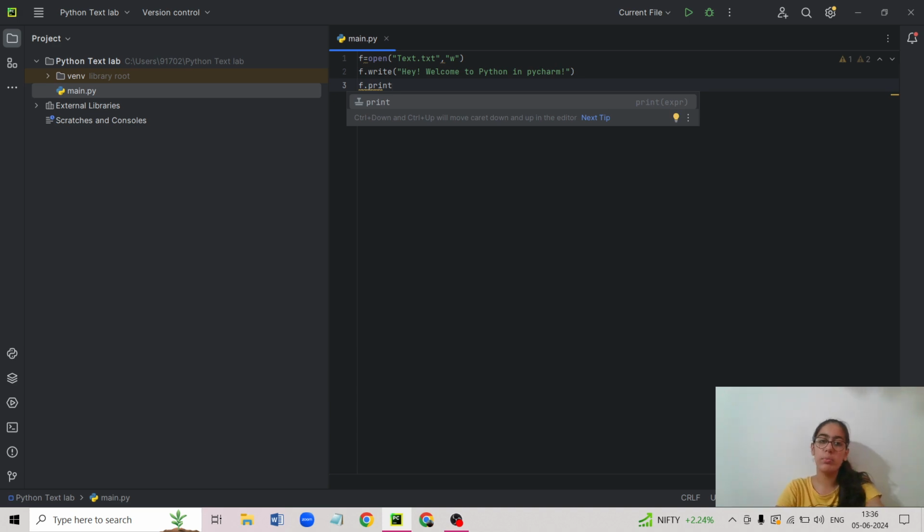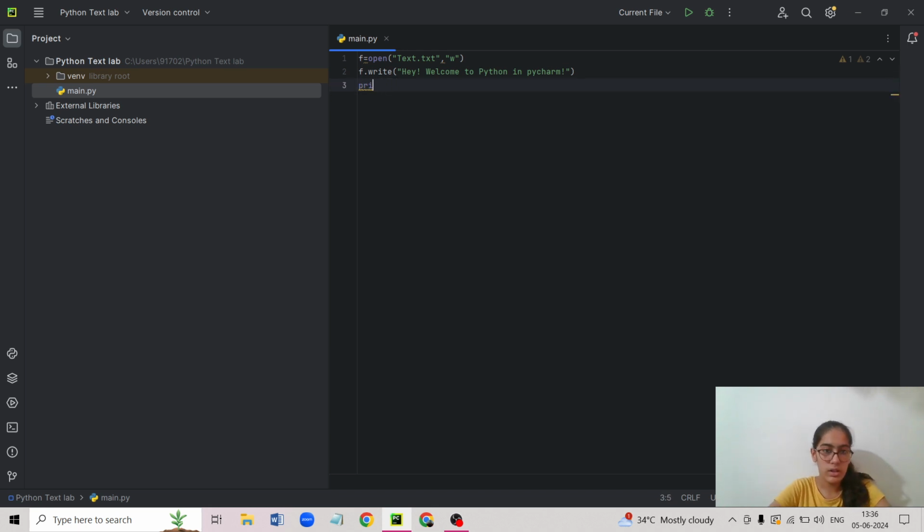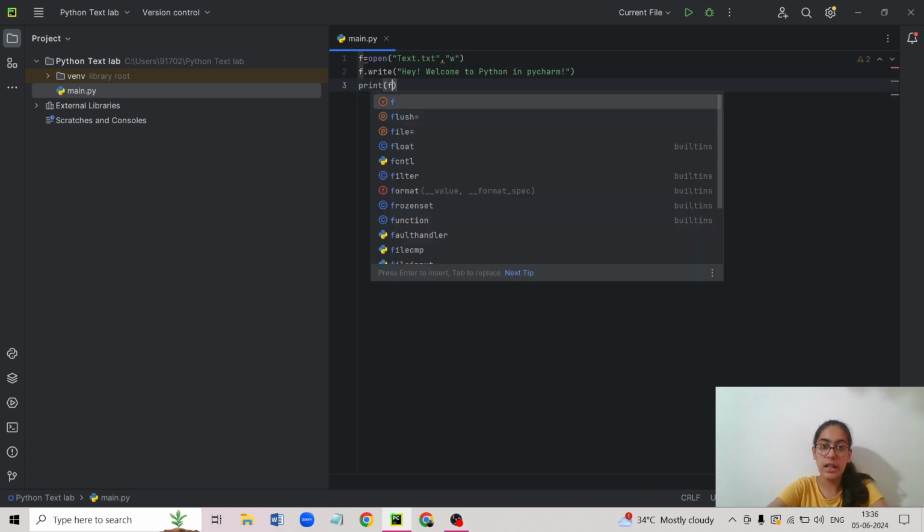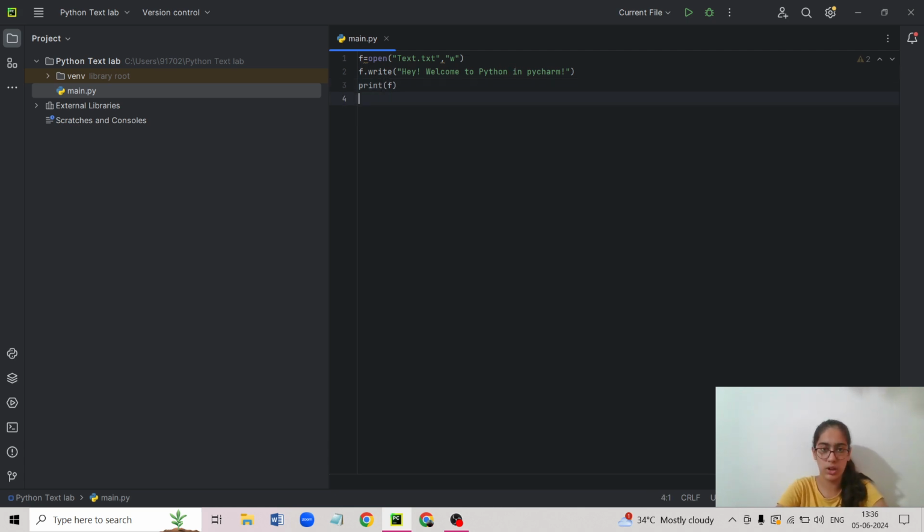We need to remember a few things while writing this program. Print, bracket f. We all know how to print the program, right? The few things we need to keep in mind while writing this program are important points to be noted.